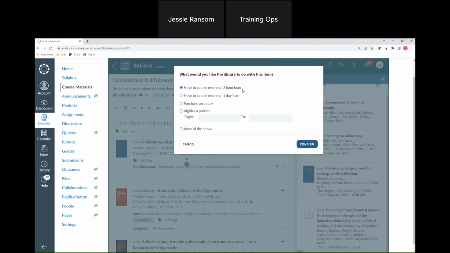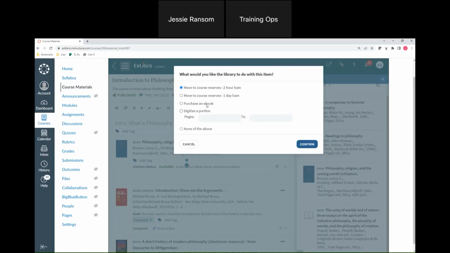So then you're able to either filter by the tag or just look at the note and understand what their request is. So this is my kind of top recommendation. The question was, do you have any tips about how to make the course reserve request process easier on the instructor side, loan periods, etc.? This is my tip. You can see here we have some other options as well.